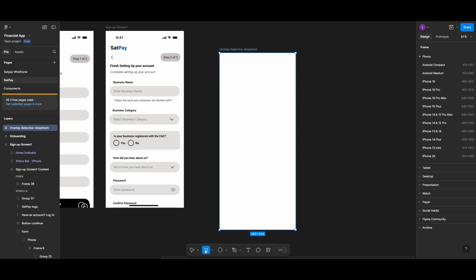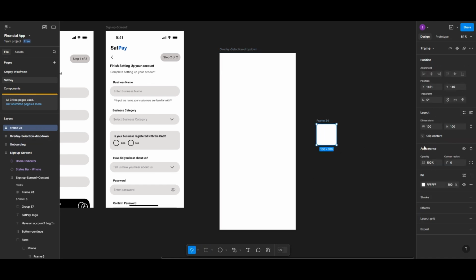So let's take another frame. Let's take another frame of 350 and the height to 50. And you can put this frame as content. All right, so now in this frame, we're going to take a text and start putting our selections, right? So in this selection, that is where we list out all the businesses that are going to be under the category. So we take a text to write